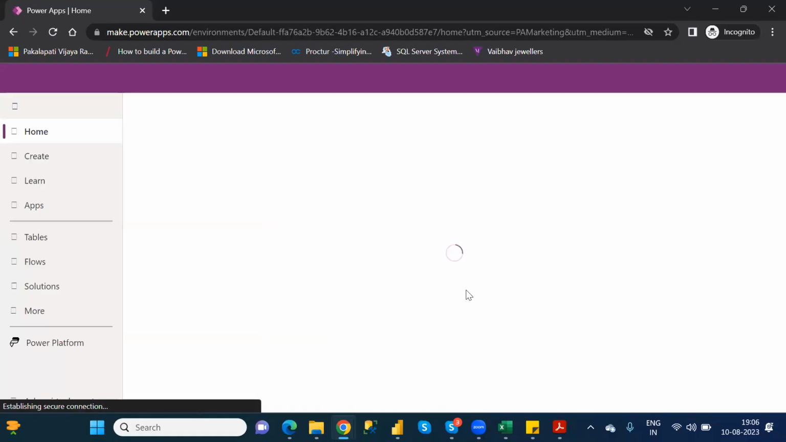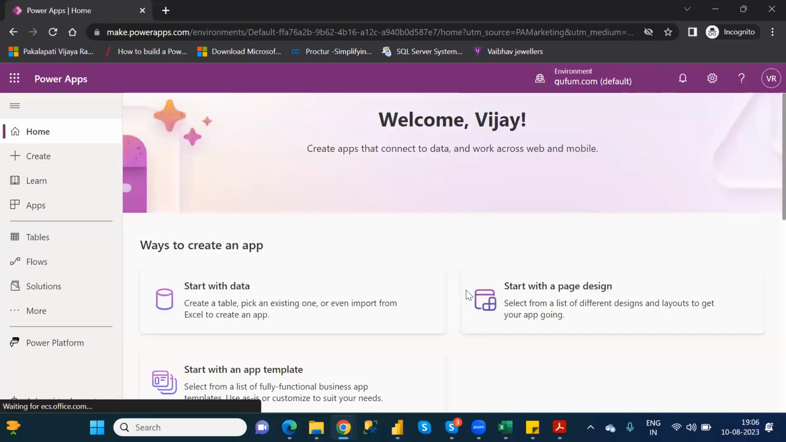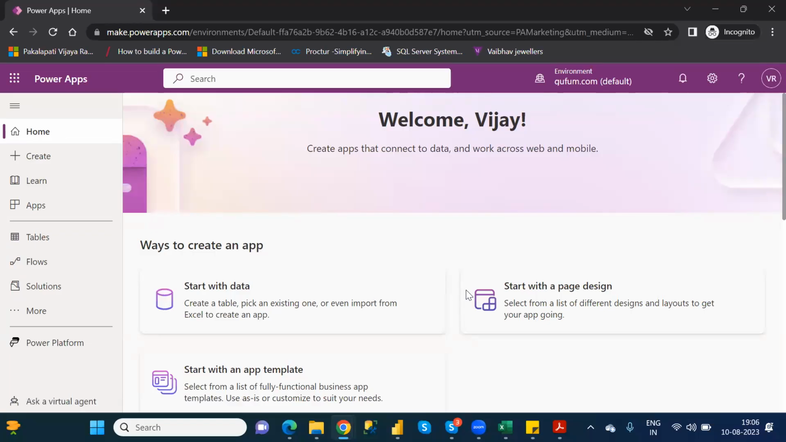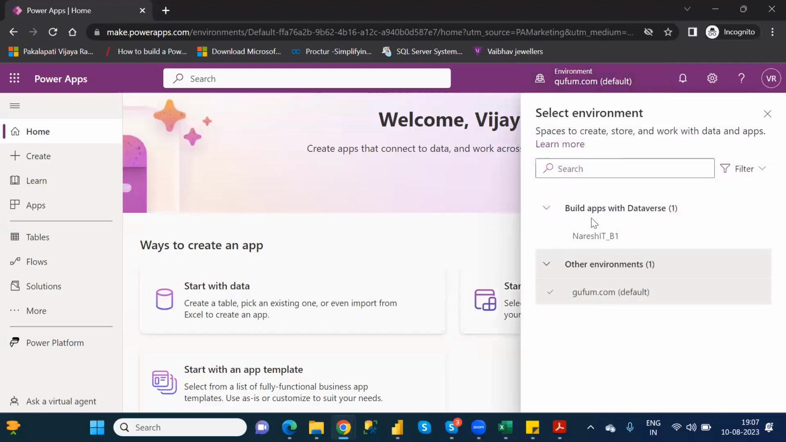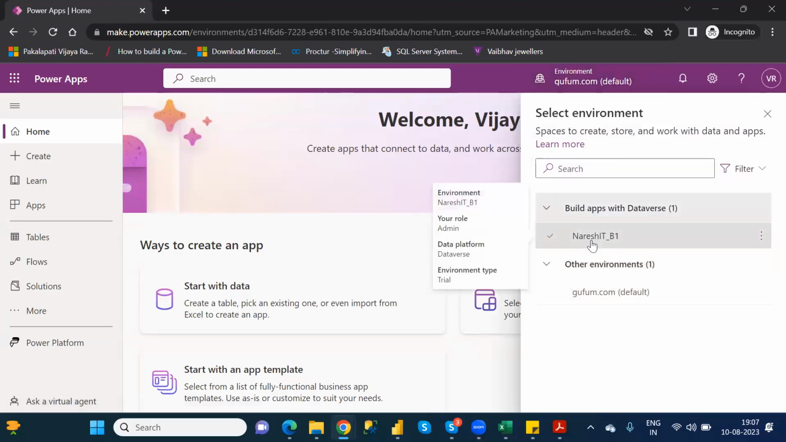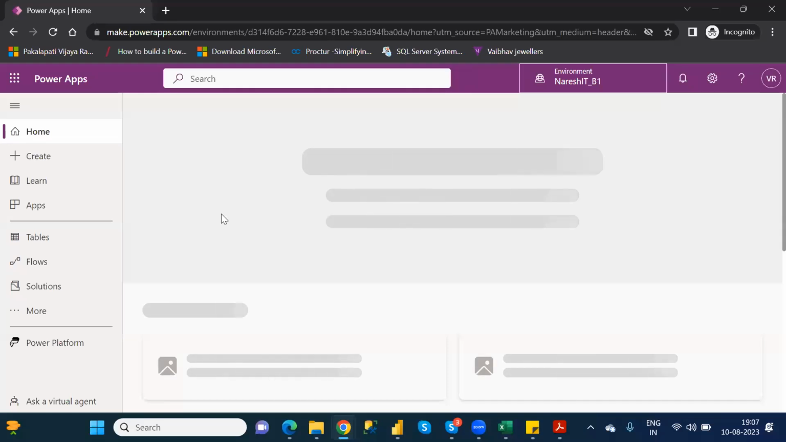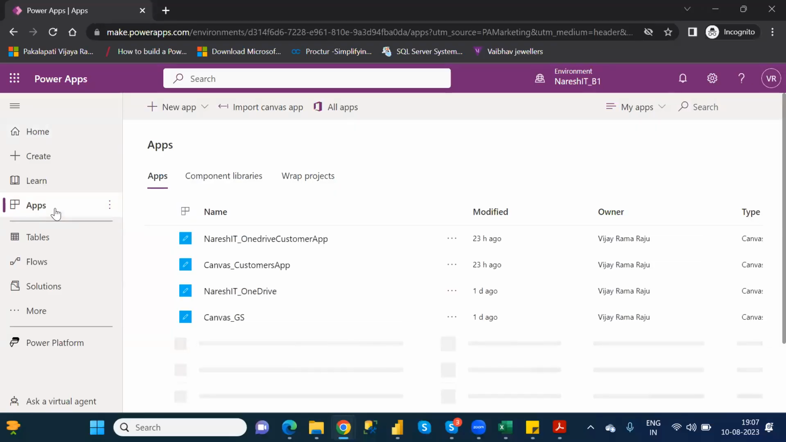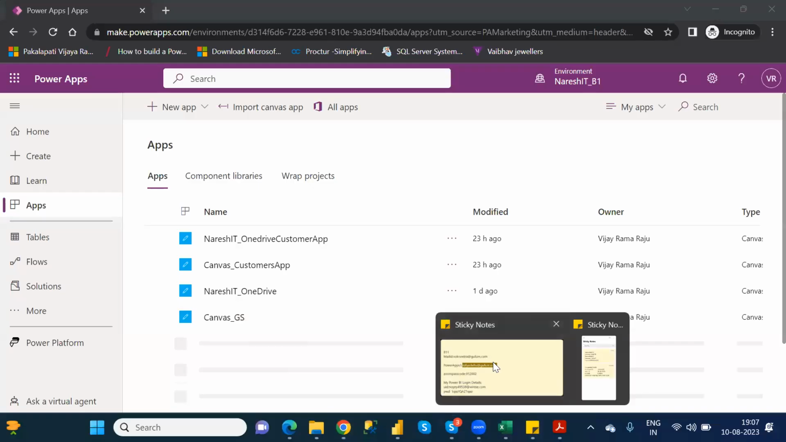Yesterday we discussed the different options in the left pane, and everything. Again, see the environment is in default. You have to select the proper environment. After selecting the environment, you have to go to the particular apps. Let's discuss one by one. So under this app, what I need to do is I need to